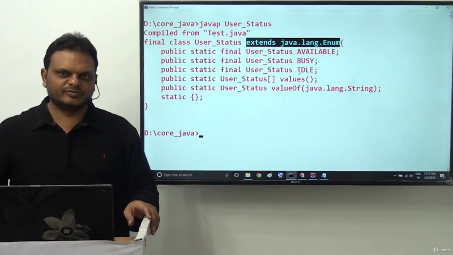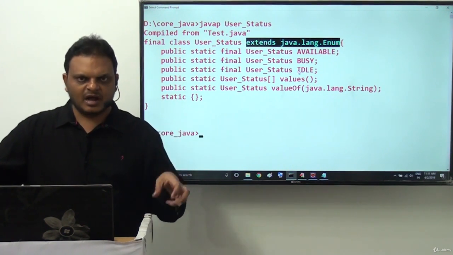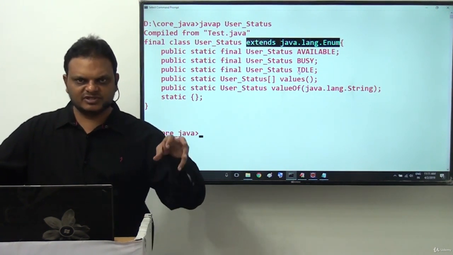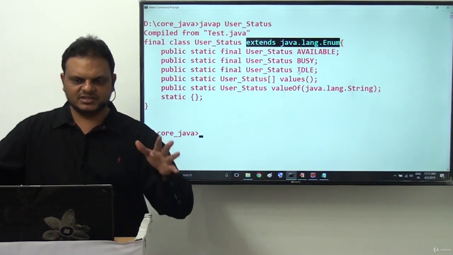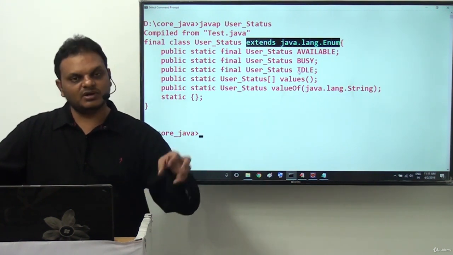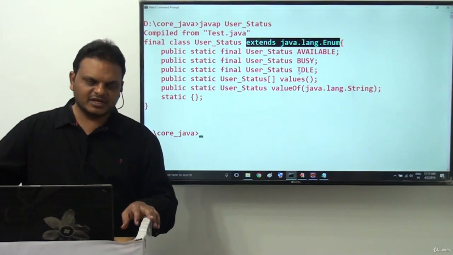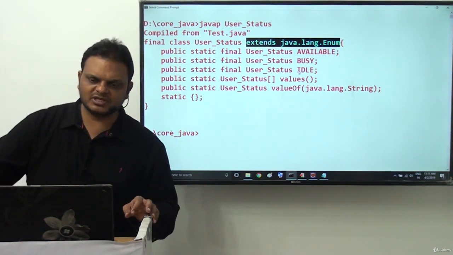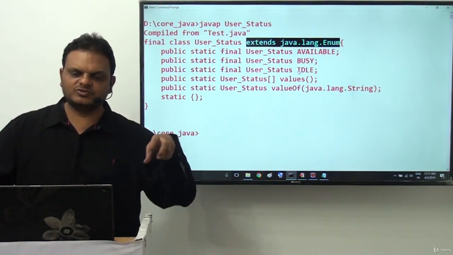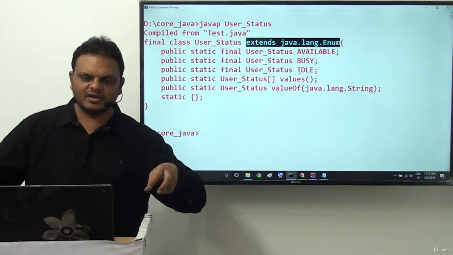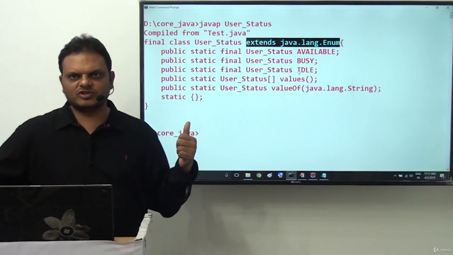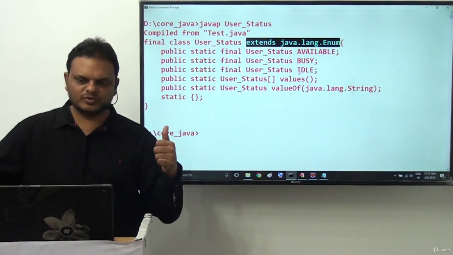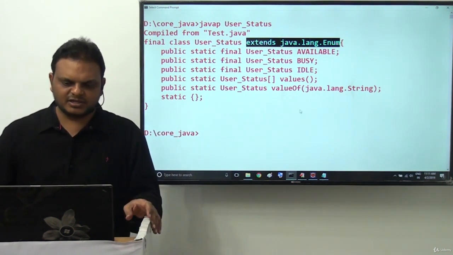We know one conclusion previously: the common and default superclass for each and every Java class is the Object class. Similarly, the common and default superclass for each and every enum is java.lang.Enum.